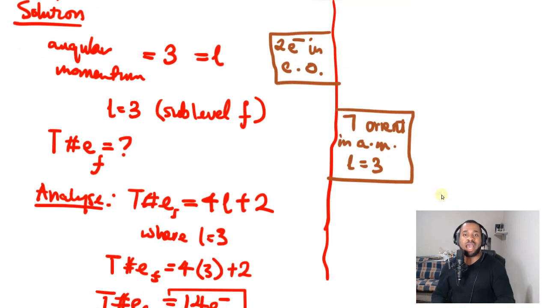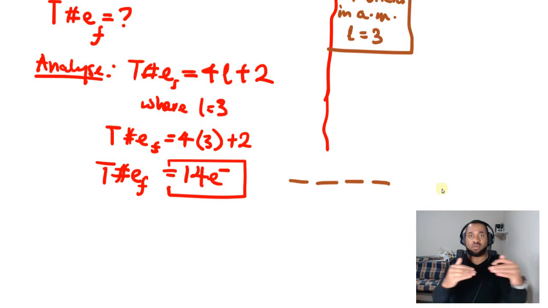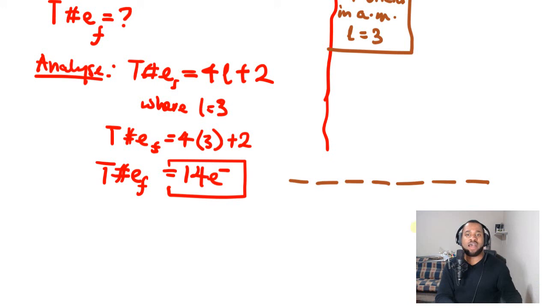Therefore, we can put them all at the same energies because they all come from the same shape, which means that if you are coming from the same shape or the same sub-level, your energies will be equal, and so each orientation will have equal energy. So in here we have 1, 2, 3, 4, 5, 6, 7, and then following our Pauli exclusion